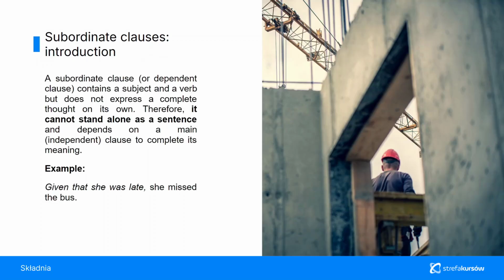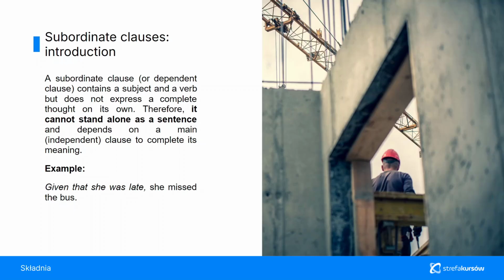What are subordinate clauses? A subordinate clause, or dependent clause, contains a subject and a verb, but does not express a complete thought on its own. So, it cannot stand alone as a sentence and depends on a main clause, an independent clause, to